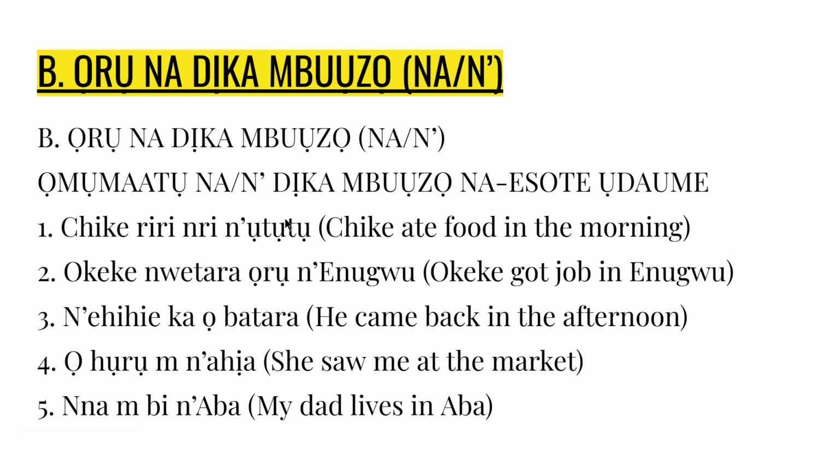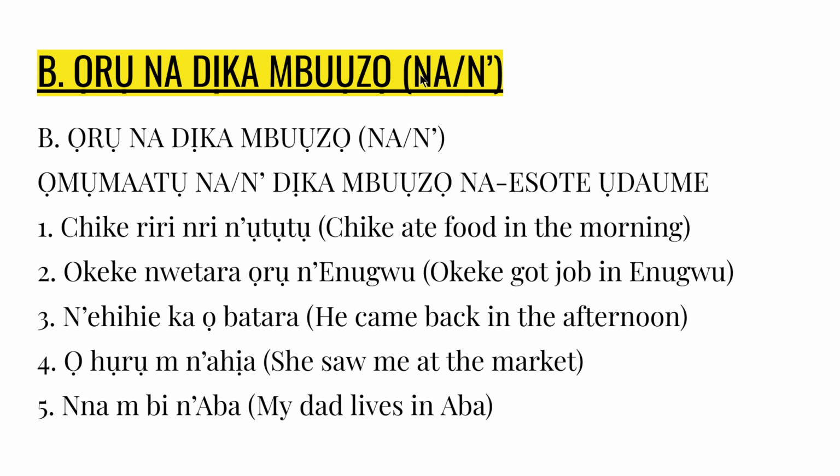When na is functioning as preposition, it can appear like this or like this. So any place you see na written this way, N with an apostrophe, that is ne with an apostrophe, we call it na rekọmelu. So any place you open an Igbo textbook or any note or any place you see na written this way, know that it is functioning as preposition. It is also functioning as preposition in some places where we explain it.